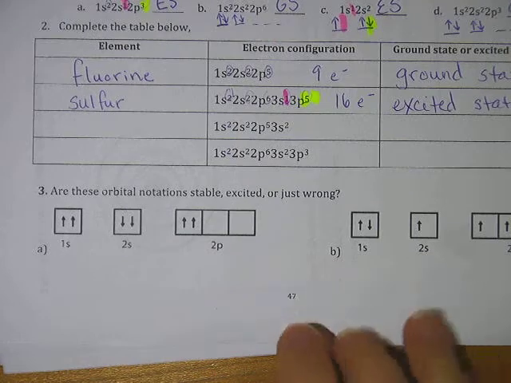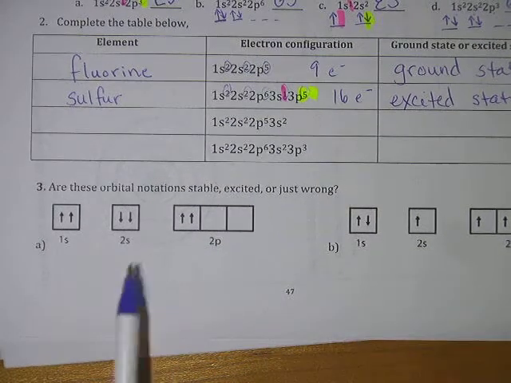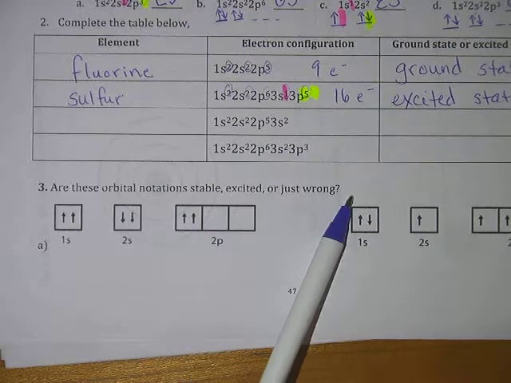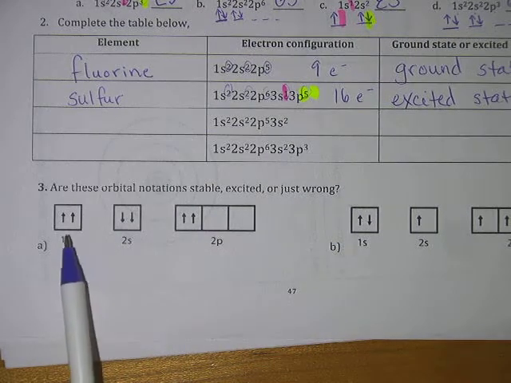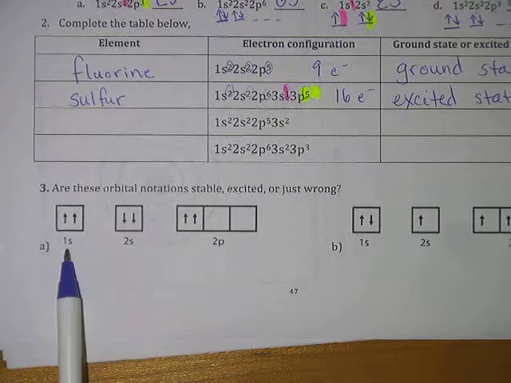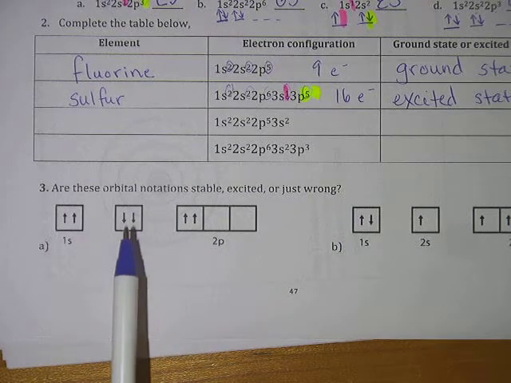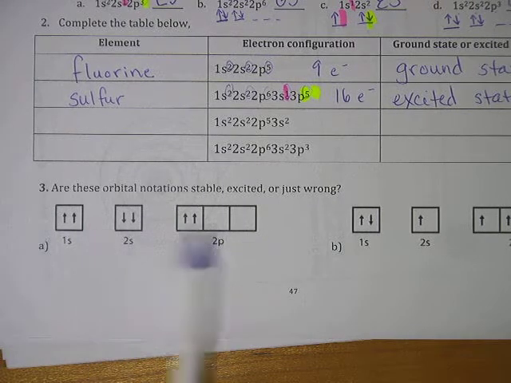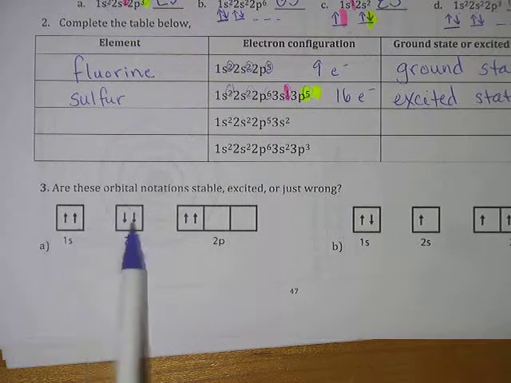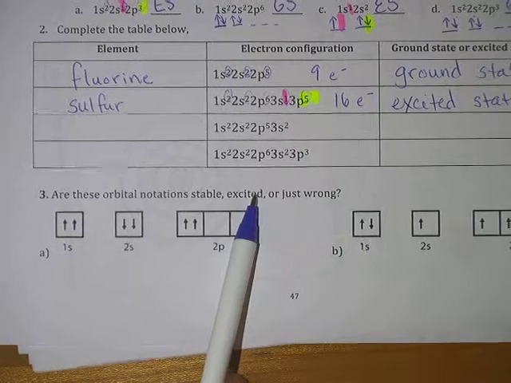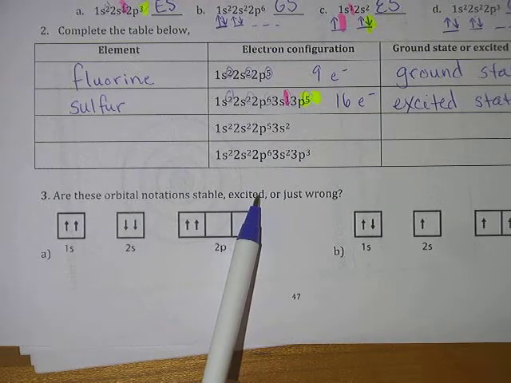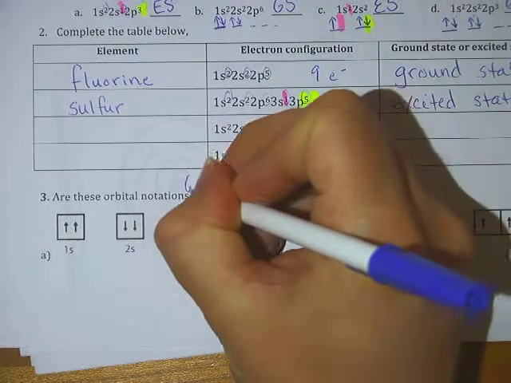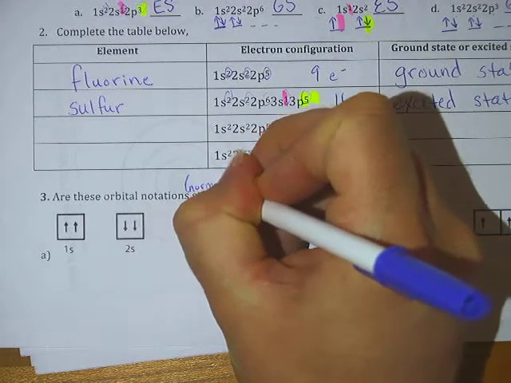And I want to do one of the ones in number 3 with you. Are these orbital notations stable, excited, or just wrong? Well, in part A, we've got 1s2, 2s2, 2p2, but we've got all the lower energy levels full, so that tells me it's not excited. Deciding if it's stable, meaning like normal, correct,